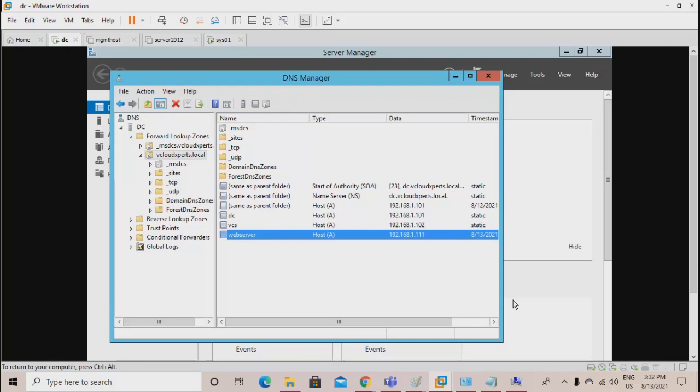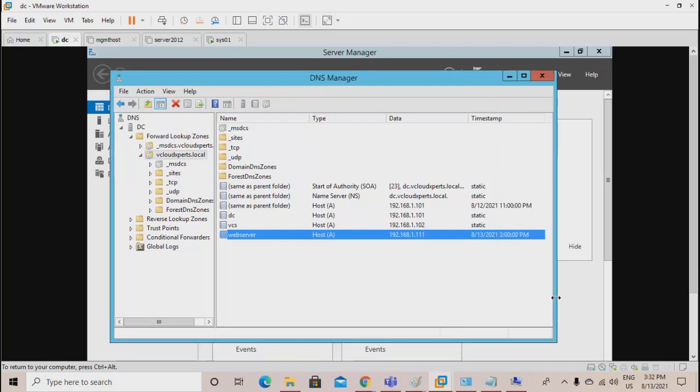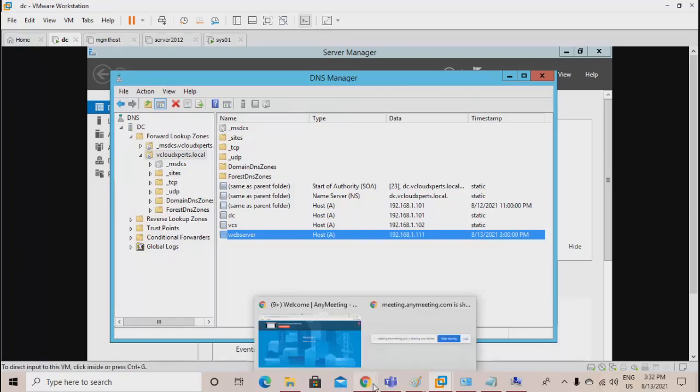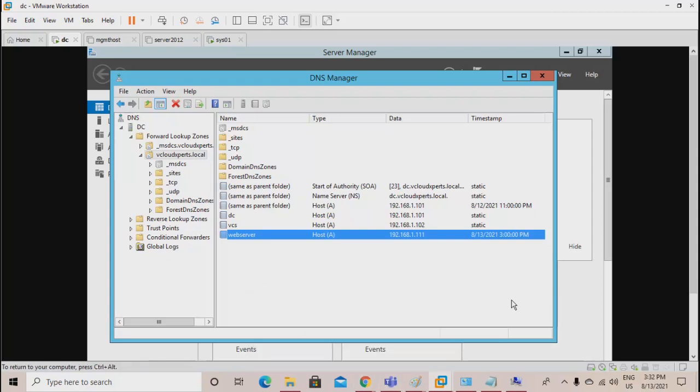We didn't add this entry if you see. Do you remember? Hello. Yes, sir, we didn't add that. Because you connected to the domain, this machine, this entry automatically comes up here.